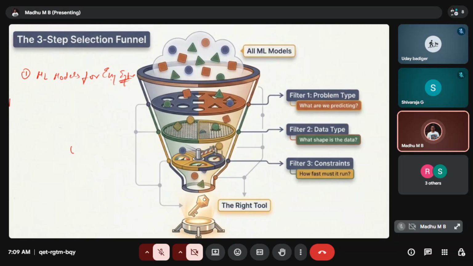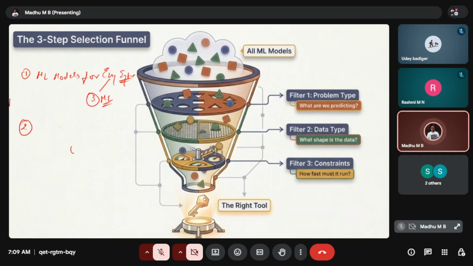There are a lot of machine learning models available, so you can choose any models and train them. But here I selected three machine learning models which will be helpful in our use cases.